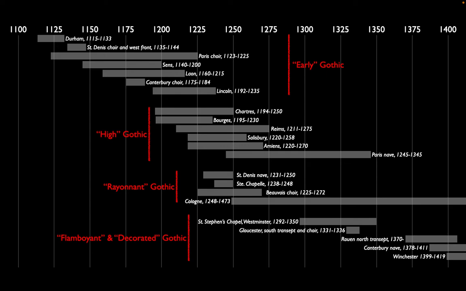And they begin to play around with that language in the third and fourth phases, what are often called rayonnant Gothic, which is where the lightness is pushed to an extreme, using a few tricks that we'll look at, and where the key features of Gothic architecture become less structural and more motifs in what are called flamboyant and decorated. Now, many architectural historians see this as a sort of morality tale, that the High Gothic buildings are